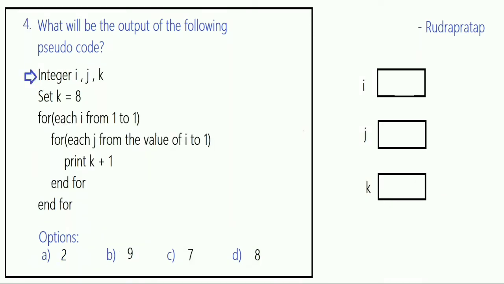In this question we have three variables I, j and k. From second statement we got initial value of k, which is 8, and now 8 is assigned to the variable k. And we can see that we have two for loops in this pseudocode. First for loop says for each I from 1 to 1, which means initial value of I is 1 and it will iterate till this condition I is less than equal to 1 is true. So we have initial value of I as 1,